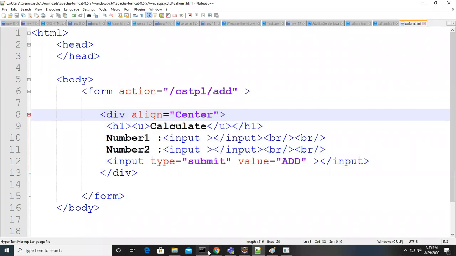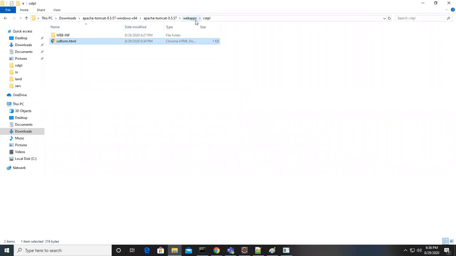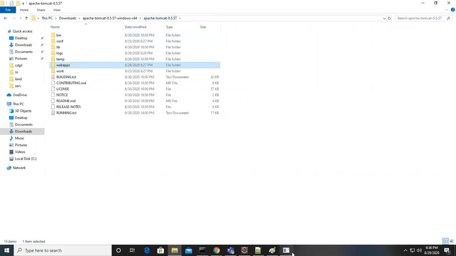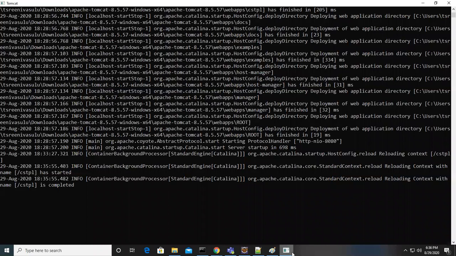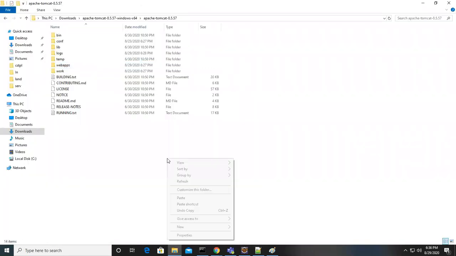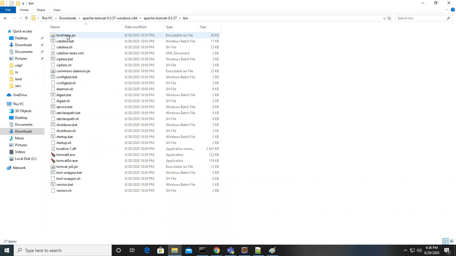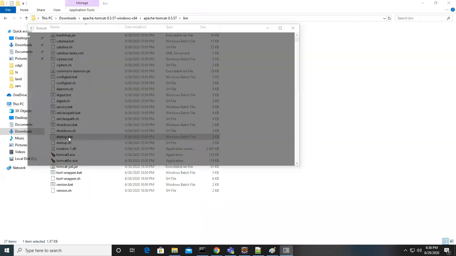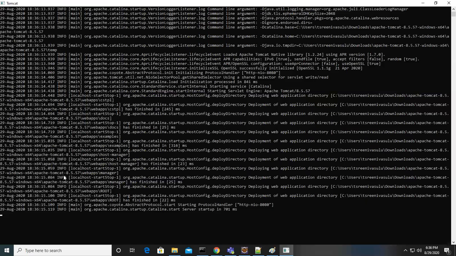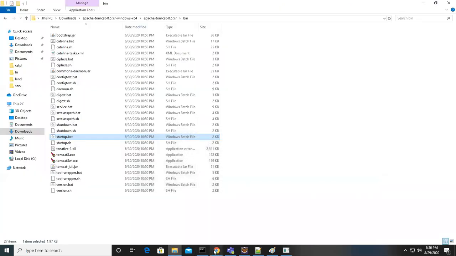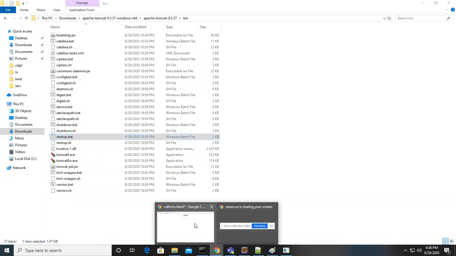Now, I already started the server and configured it again because I just modified the web.xml, so it's better to stop the server and restart. If you make any modification in web.xml or the classes folder, you have to restart the server, otherwise the changes will not take effect. If you make HTML changes, you don't need to restart, because the server does not load HTML dynamically. So that's the reason I just restarted the server, and let's go and do that.